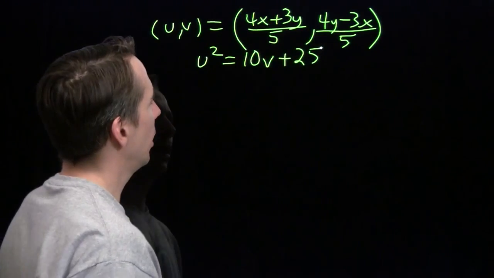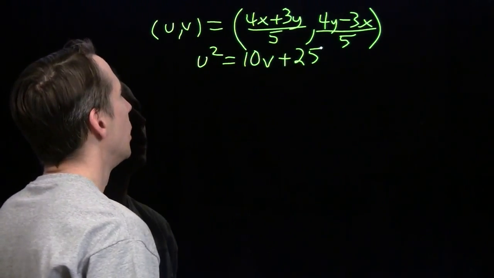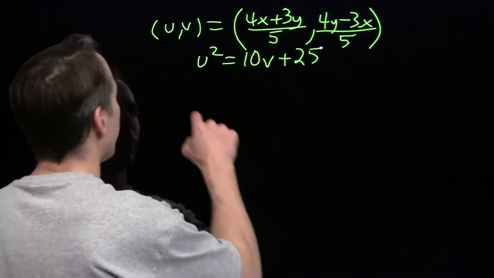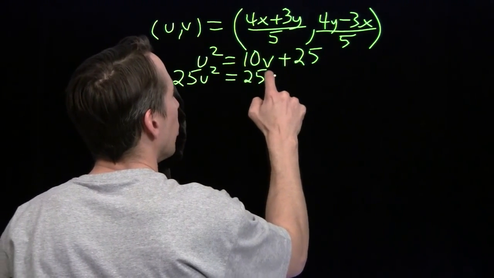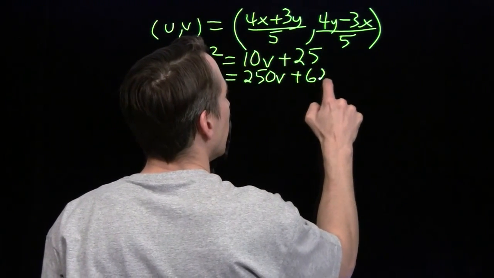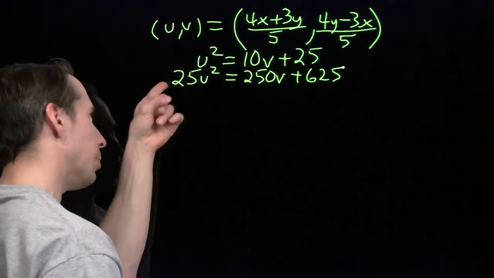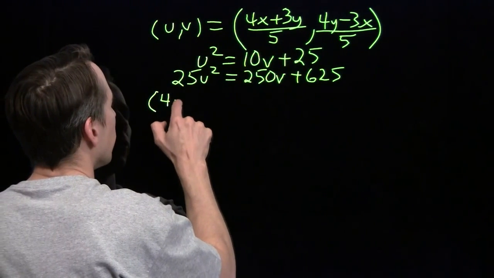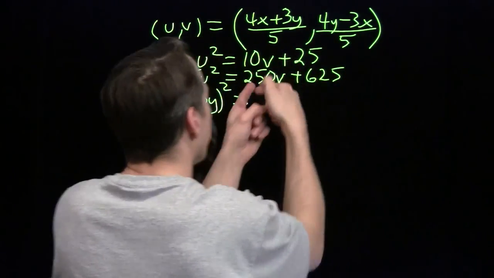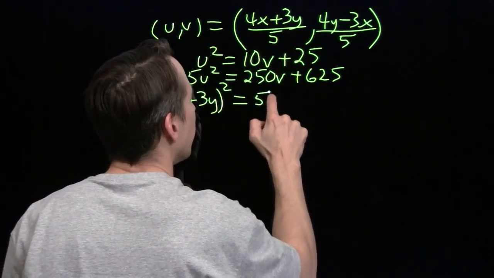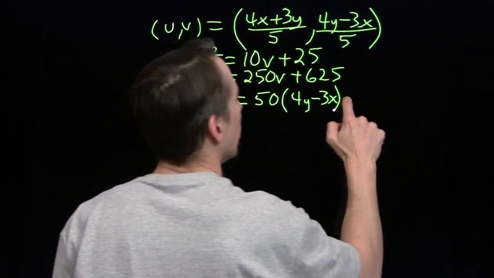We have to use that x and y being integers thing somehow, so we're going to have to take this, jam it in there, and that's no fun. I see the fractions coming from a mile away. I'm going to get out in front of that. I'm going to multiply by 25 first. So then when I put that in here, it's going to square this up. I'm going to get a 25 in the denominator. It's going to cancel with that. So I have 4x plus 3y. At the very least, that saves me a little board space. I'm going to put this in here. I'm going to cancel out a factor of 5, and a 50 times 4y minus 3x. I still have the 625.